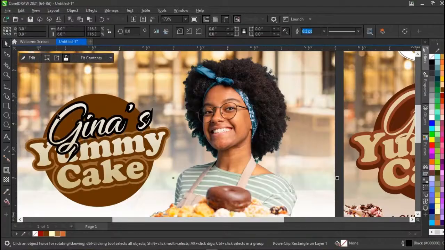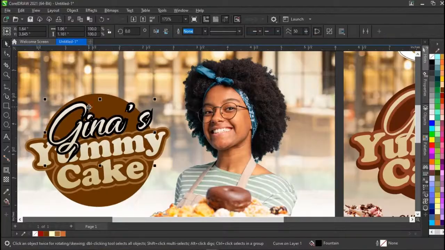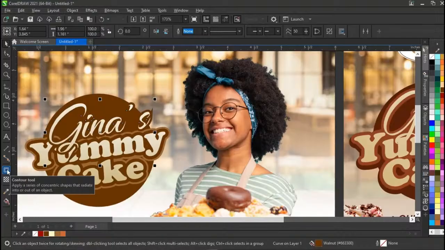Then okay, we have used our Control K now to separate it. Then we want to also apply this same color that we just applied. We can use this to sample the color we used, which is this. Then we will now click it also on that. And then what next? We need to do another